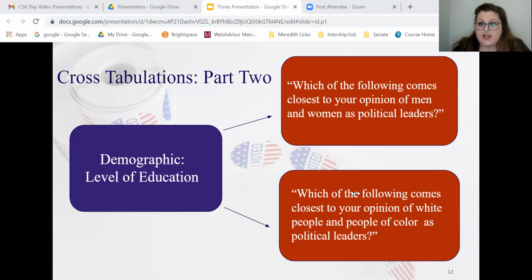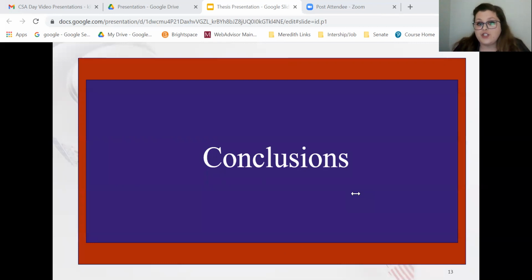Based on this, I came to the conclusion that education could be a method of getting more representation for women and people of color as political candidates and coming to more acceptance of them as candidates. And again, there was more support for women and minority candidates than I expected. So if I was to continue research on this topic, I would do a deeper analysis of education, because it is the one demographic that could be modified and changed and made more accessible to people. So I think it could create a greater amount of representation for women and minority candidates in politics.